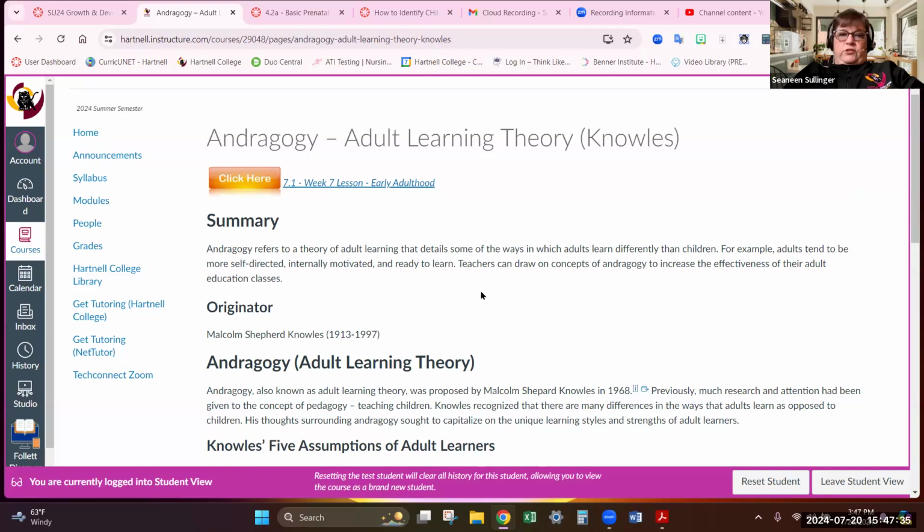Pediatric children, how children learn, which schools are trying to change, to fix, I guess, if you will. It used to be, here's the book, here's the facts, read it, learn it, memorize it, do it, and that's good. Children don't necessarily have the experience that adults have to relate certain things in life that have happened to them. So Knowles felt that adults tend to be more self-directed, internally motivated, ready to